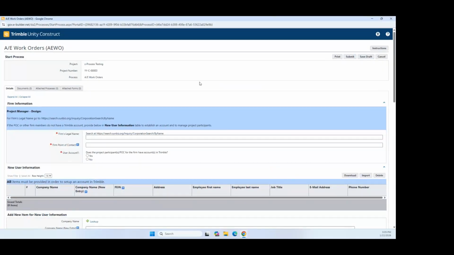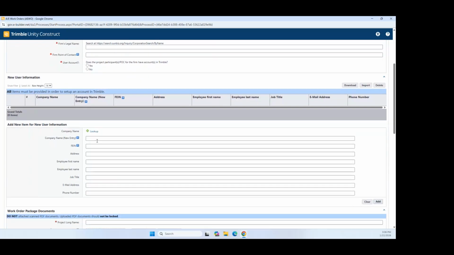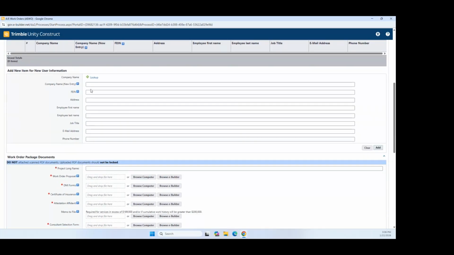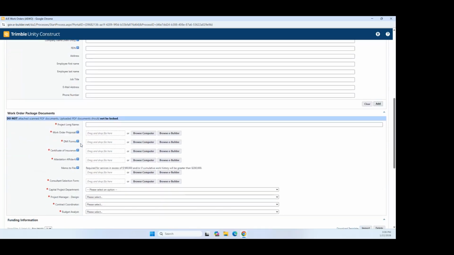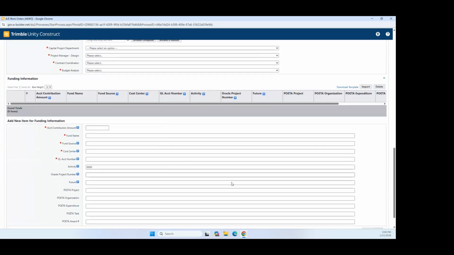This is the beginner screen, and this screen is actually purposed for the project manager design to complete and initiate the work order process. There are options to save the draft should there be additional information that you don't have on hand at the time, but each item that has an asterisk is required, and any item that you want to add additional information, there is an add button to populate the new user information table, as well as for the funding information, there's